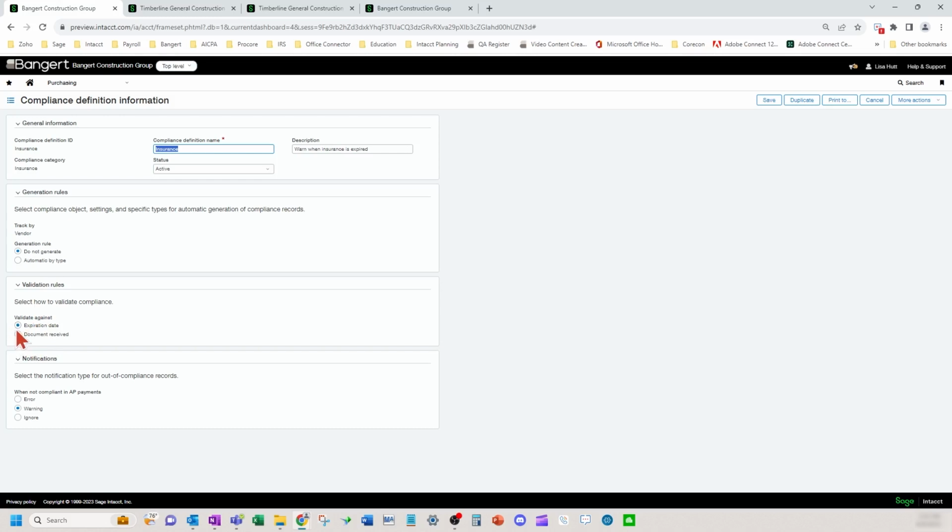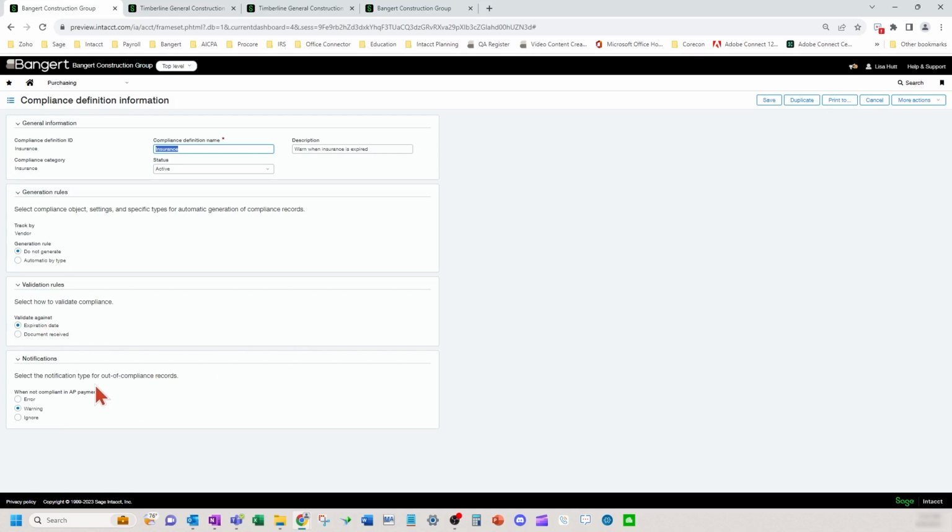So there's two different ways to validate. When you log the receipt of this compliance item, you're going to have a date field to log, or the fact that you've just received it with a checkbox. So this definition is using the expiration date field on that screen. I'll show you that in a minute.